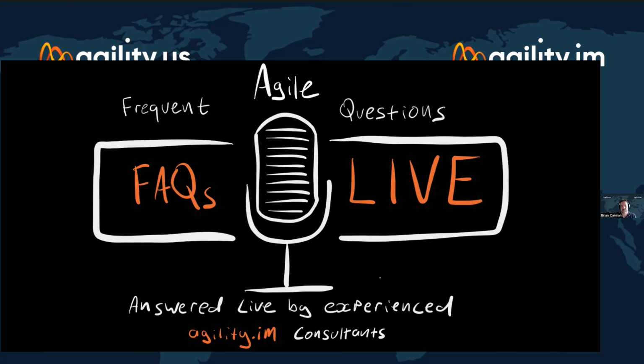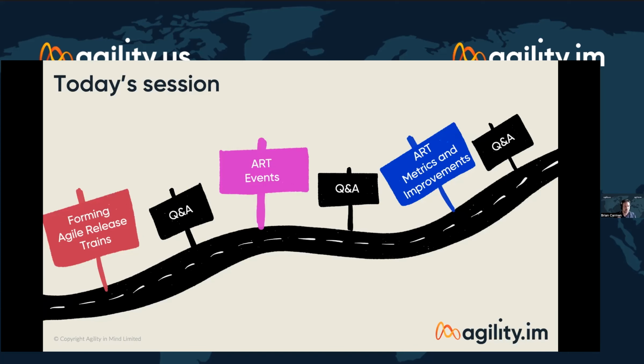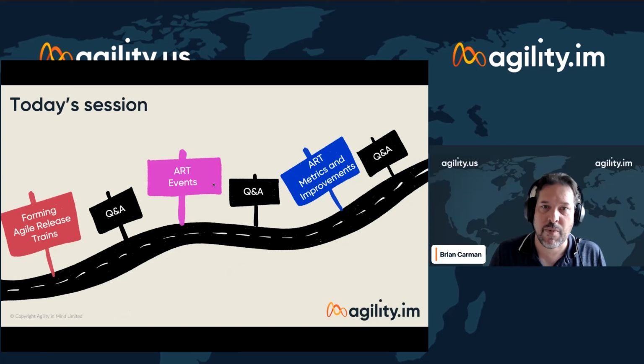And today we're going to be talking about the Agile Release Train process. We're going to talk about it in three different sections. We're going to talk about forming Agile Release Trains, the events associated with Agile Release Trains, and Agile Release Train metrics that you can use and improvements that you could consider if you're looking to positively affect